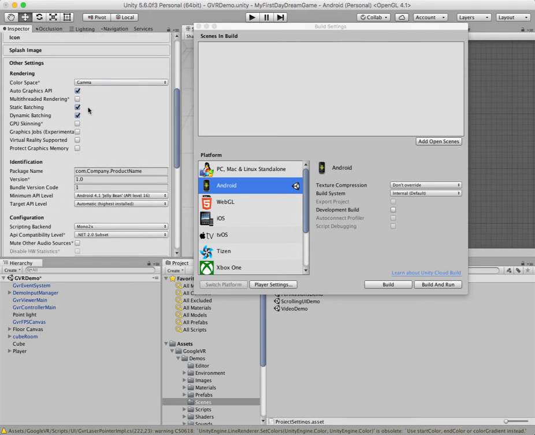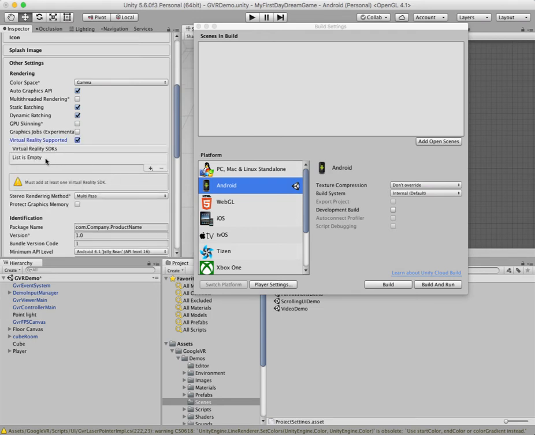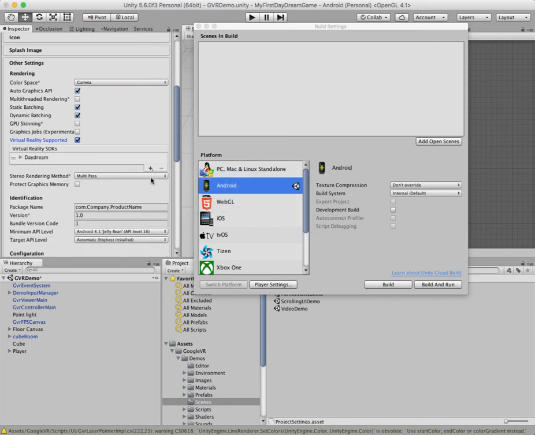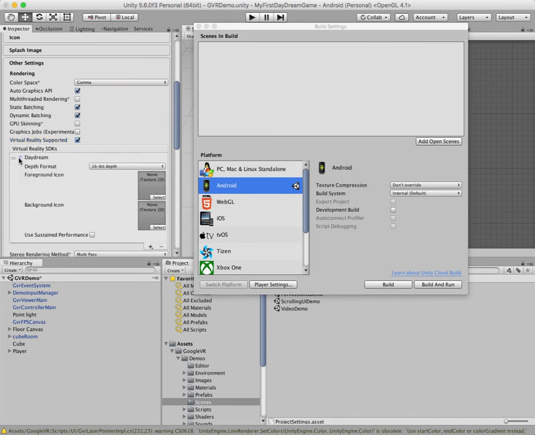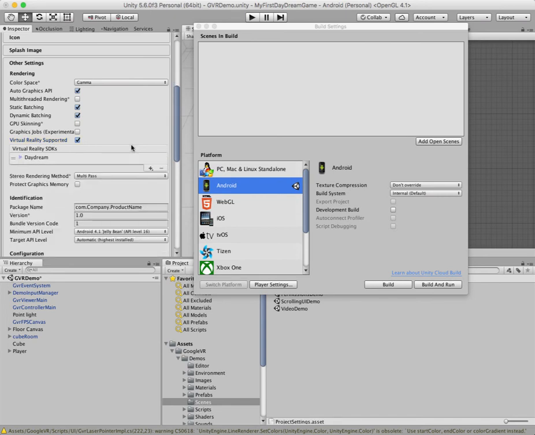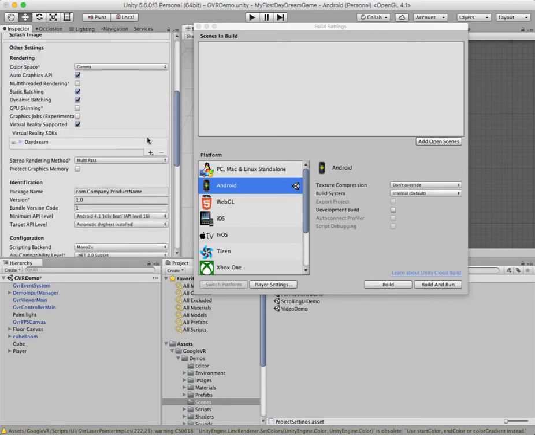The first thing that I want to do is I'm going to click virtual reality supported, and then from the list, which is empty, I'm going to select Daydream. So you could see, if I leave that list open for you, you can select a bunch of other things, Cardboard, Oculus, and I think you can add other things to this as well. But we've got Daydream now, and that's really all we need to